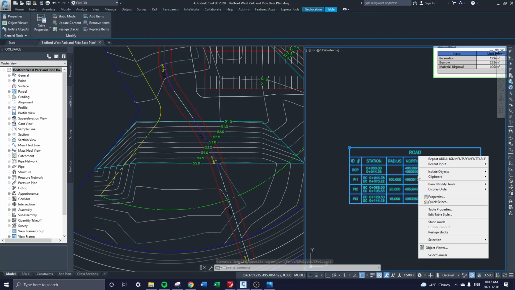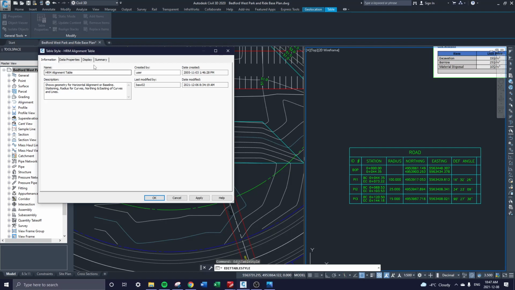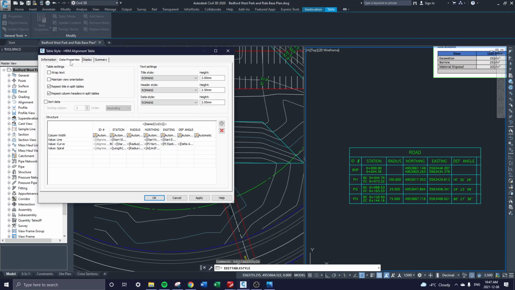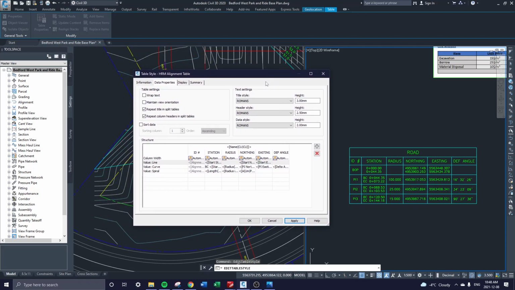Okay, so we are going to hit edit table style. It might pop open in information. HRM has a bunch of styles and they come with the drawing that Paul has given us. So in data properties, you see how there's an extra column to the right? That is this guy here. And since there's nothing populating it, it's just kind of useless. So we can just get rid of that. Hit apply, not okay, but hit apply